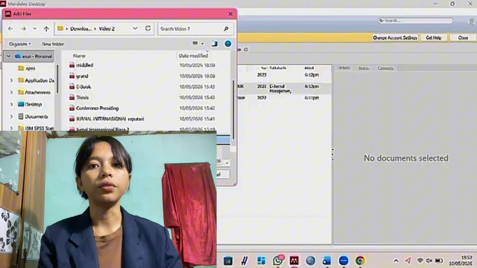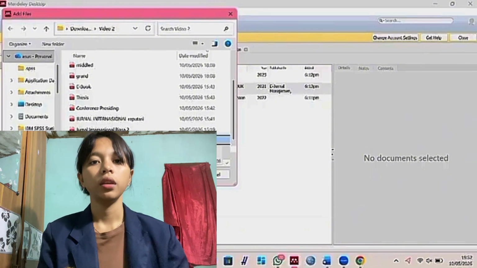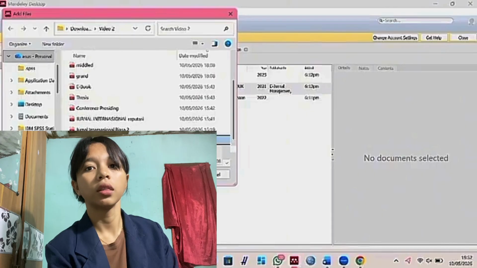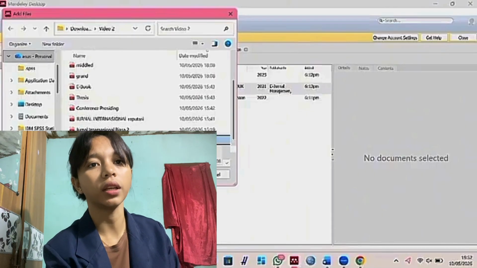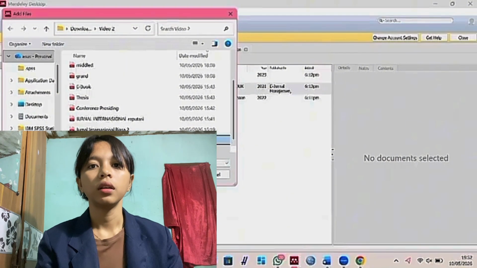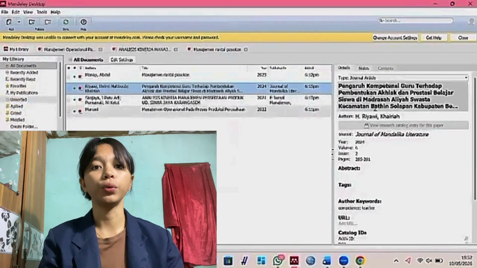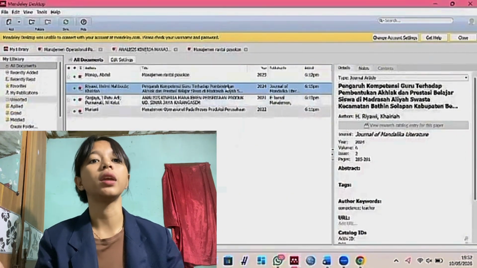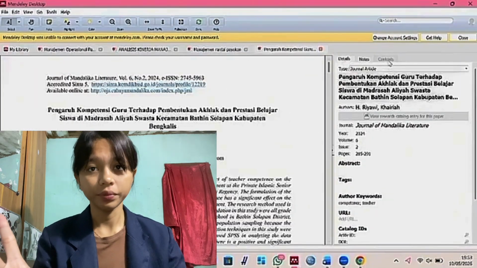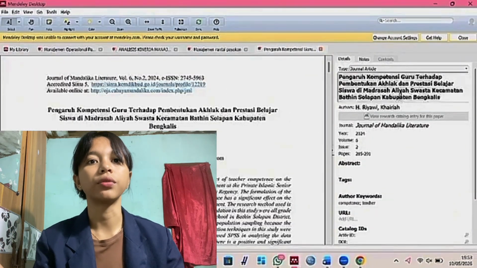Alright, the file is now in our list. Now let's check the details in the left-hand panel. Even though we add it automatically via files, we still need to check the data carefully.